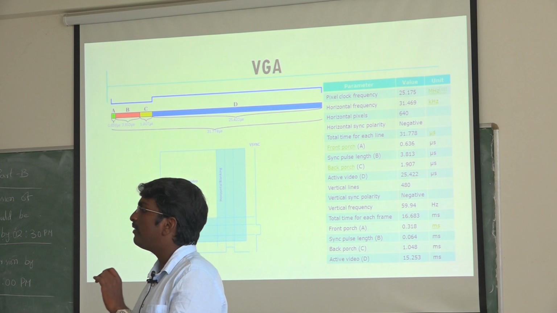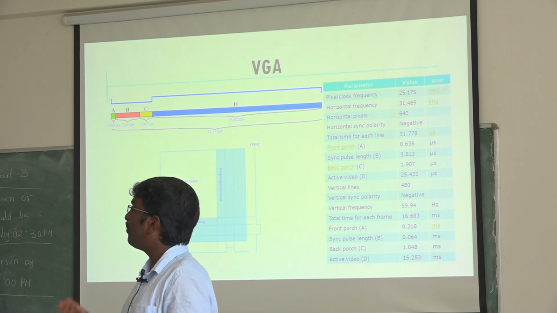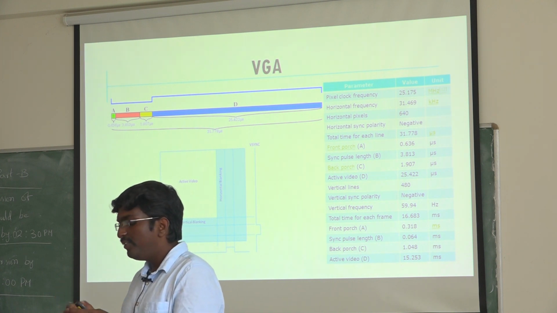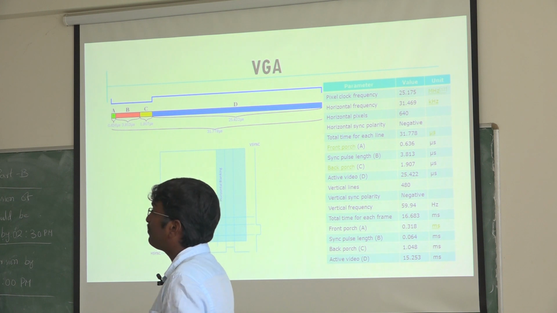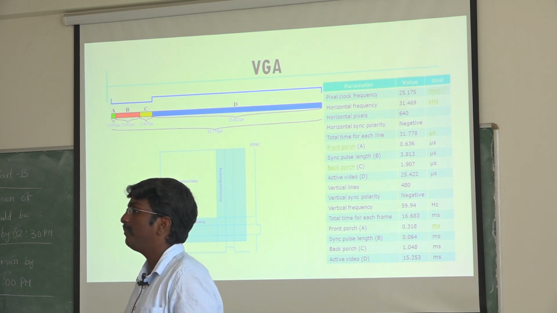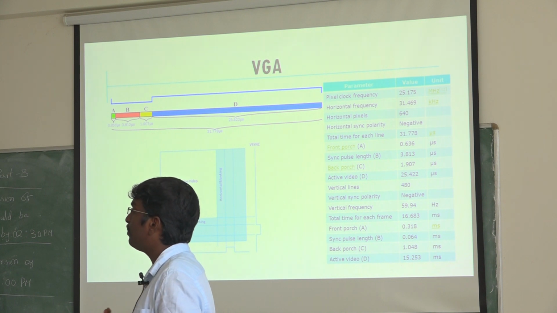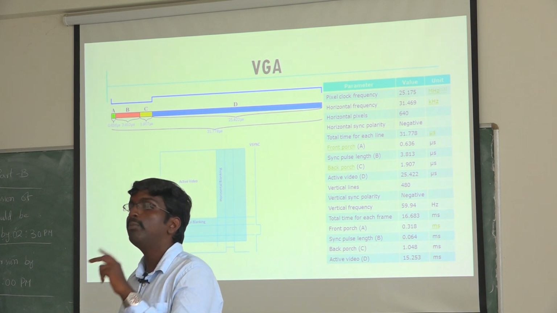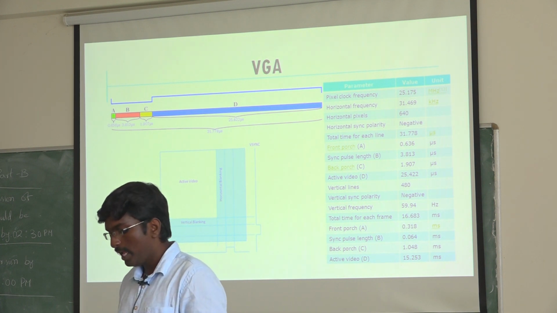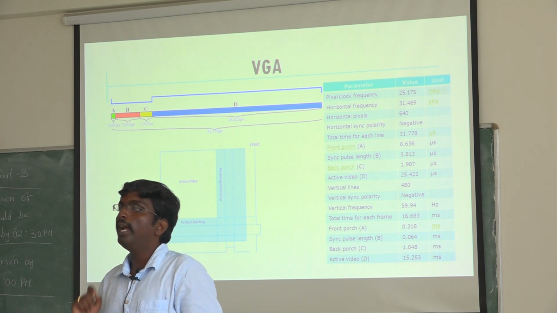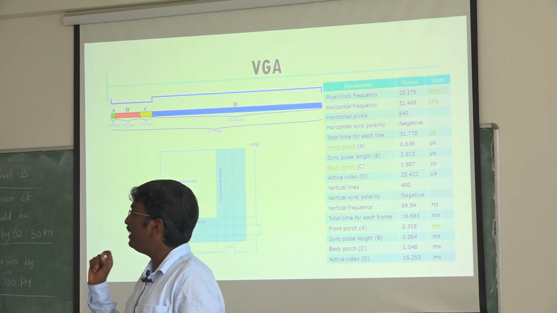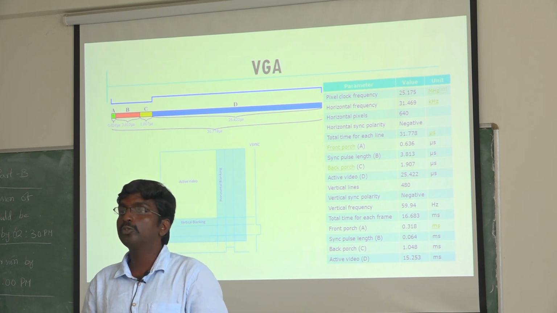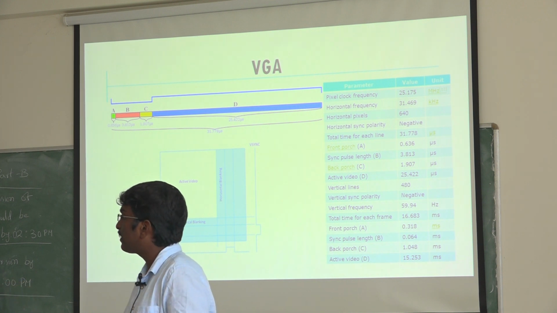307200 is the clock count for the VGA input device alone. But if you check the output device, it will be 800 x 521, not 640 x 480, including the dummy pixels and the horizontal pulse. So the clock frequency for these two will be different. That means the number of clocks I am going to process is different. For the input I have 640 x 480 clock cycles, but to read this output, I need 800 x 521. So what about this extra clock cycle? I didn't have these extra clock cycles.